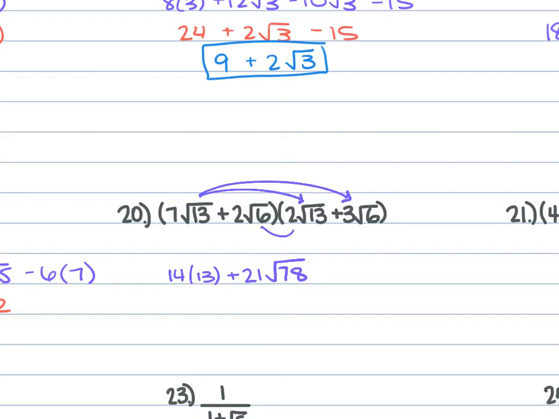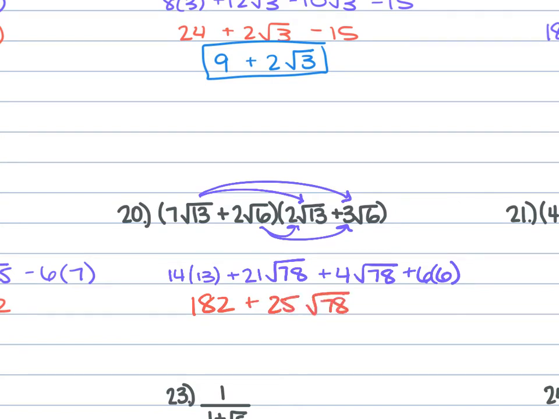And then we have the 2 square root 6 times 2 square root 13 is going to be 4 square root 78. And 2 square root 6 times 3 square root 6 is 6 square root 36, which is 6 times 6. 6 times 6, not 6 times 3. Alright, so 14 times 13 is 182 plus 21 square root 78 plus 36. The 182 plus 36, the 2 and the 6 is 8, 3 and 8 is 11, carry the 1, so that's 218 plus 25 square root